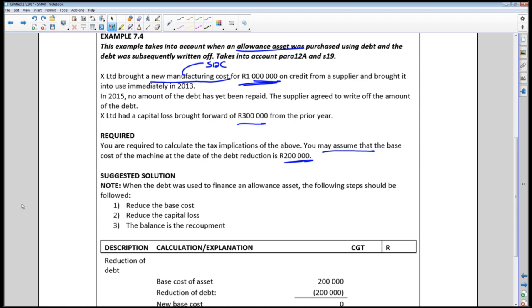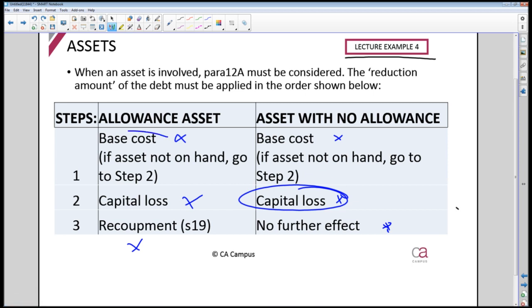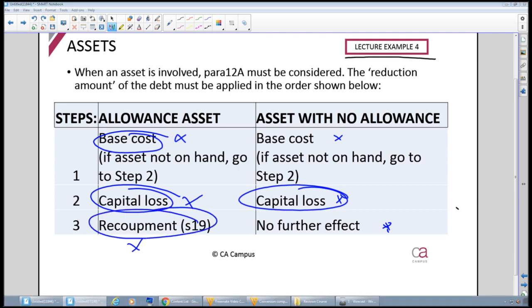So guys, our reduction amount is 1 million. What are we going to do with the 1 million again? We're going to deduct it against base cost. If anything is left, we're going to deduct it against the capital loss. If anything is left, it's a recoupment in terms of Section 19. Right, so